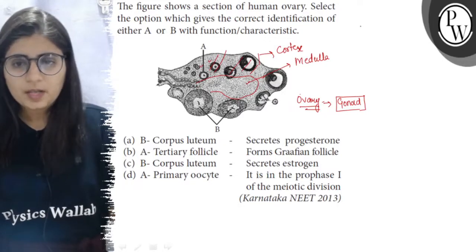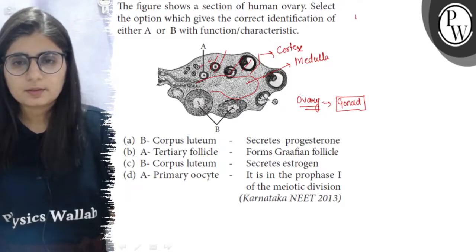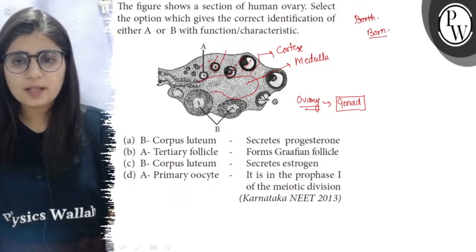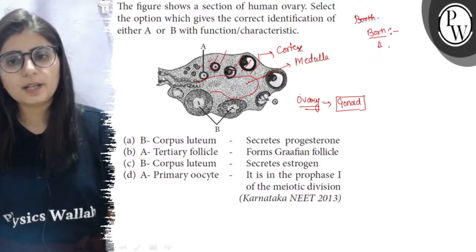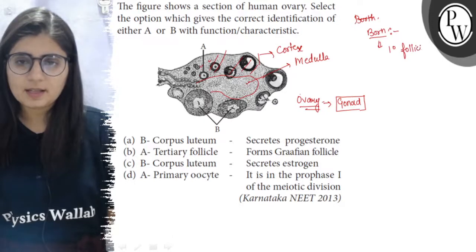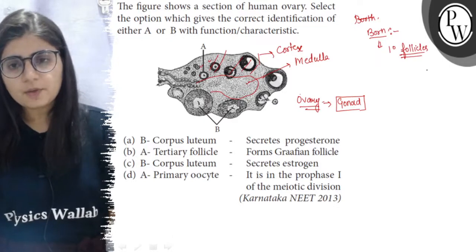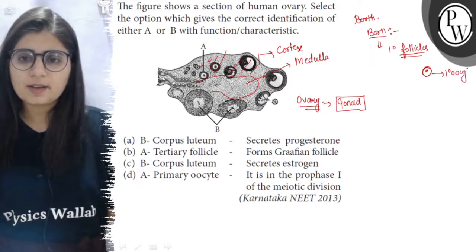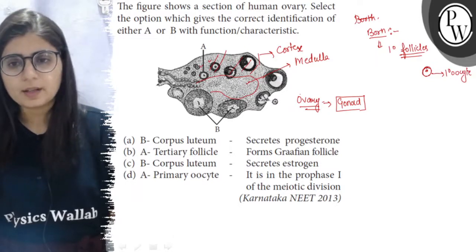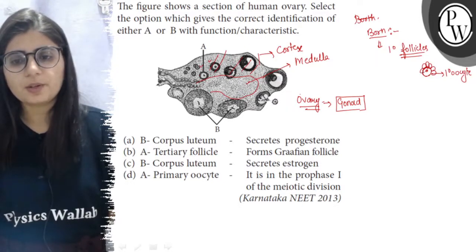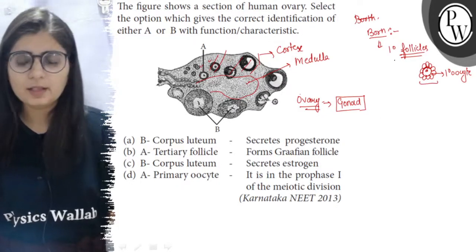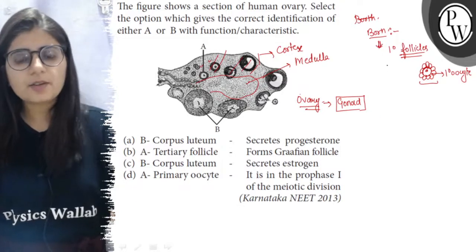Now what happens is that when a female is born, in her ovaries there are a large number of follicles which are in the primary stage, and these are called the primary follicles. Now a primary follicle consists of a primary oocyte, which is arrested at prophase 1, and it is surrounded by a layer of follicular cells, and this whole structure is called the primary follicle. Now a large number of follicles degenerate from birth to puberty, and this process is called follicular atresia.